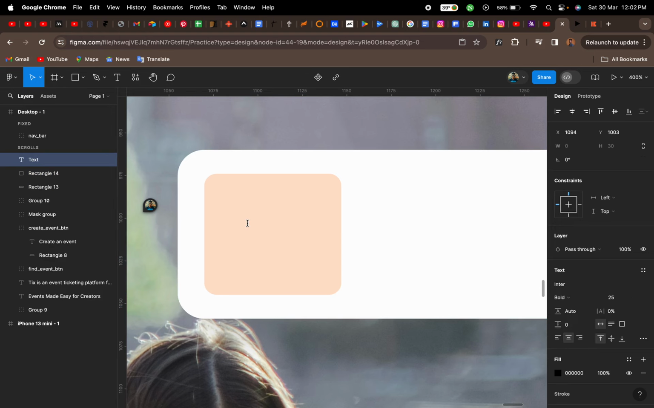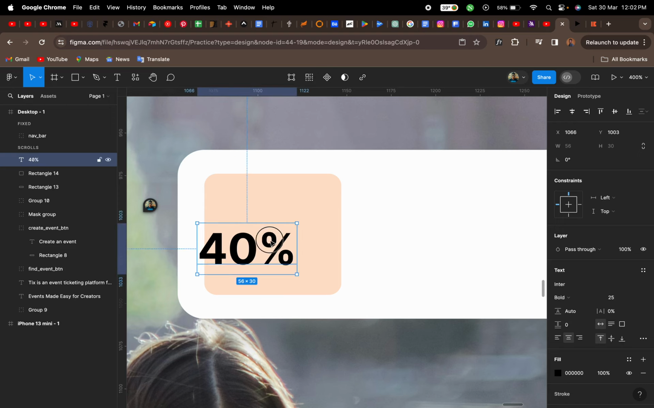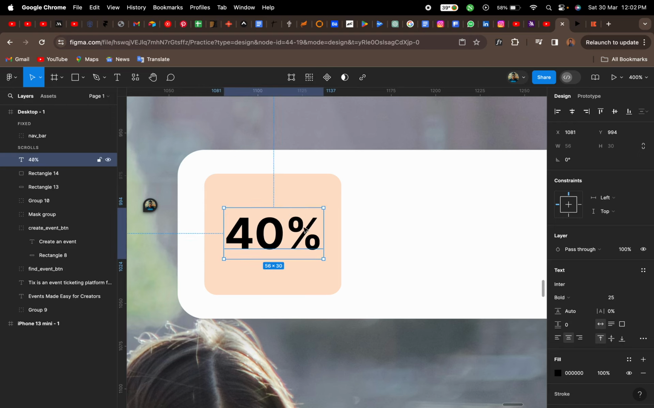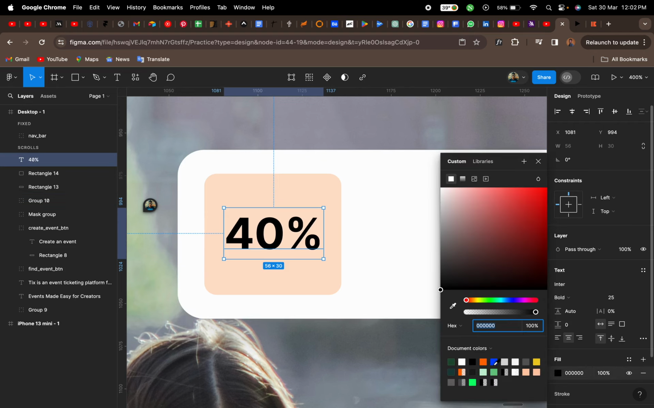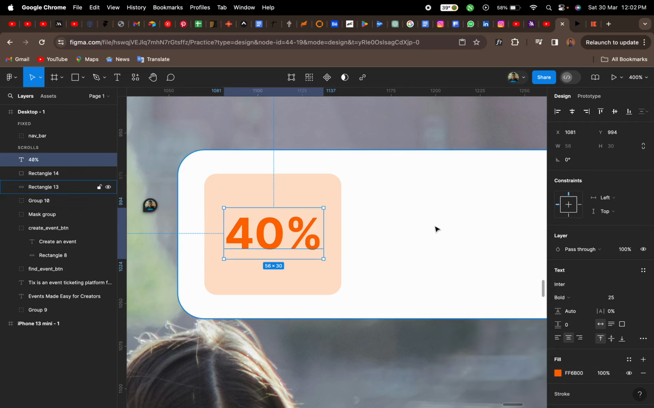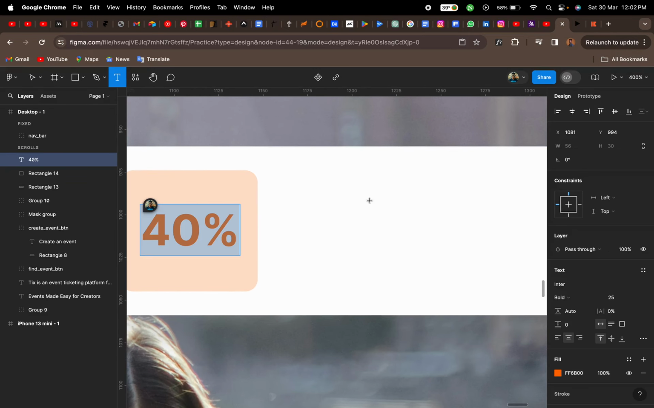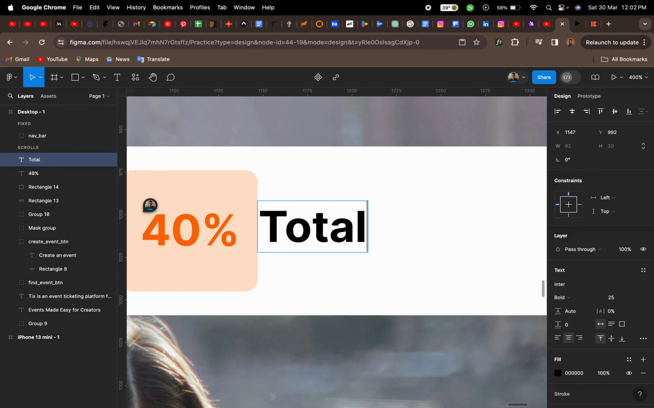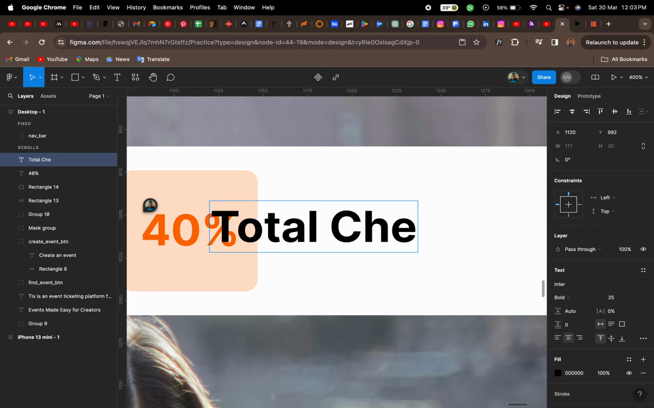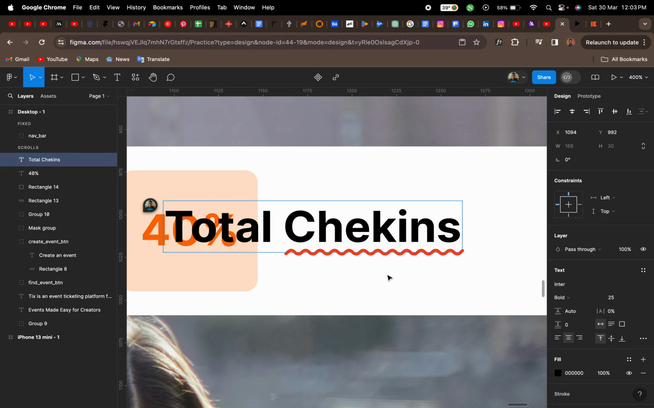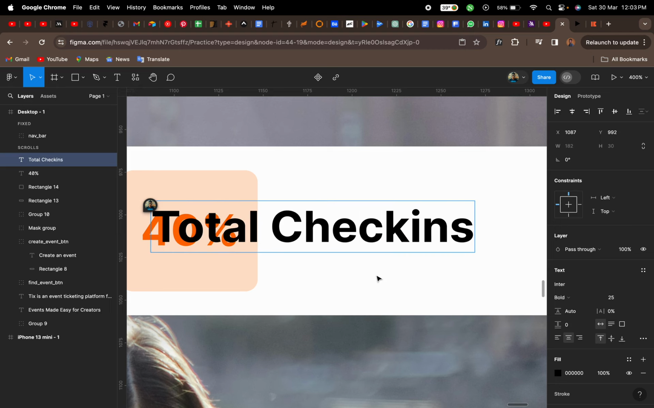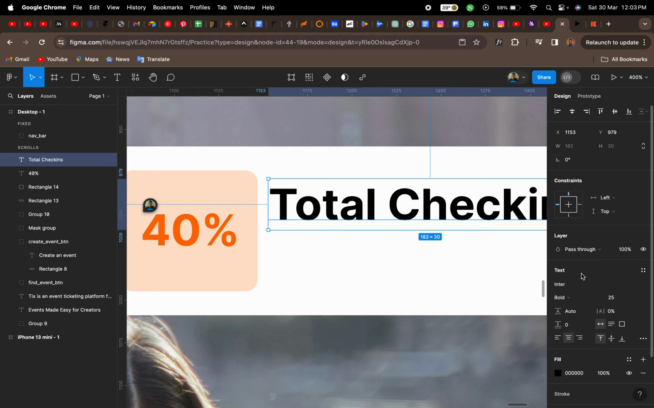So now we click on this, make it 40, right? Just type 40%, and we have this. So then we change the color to orange. Perfect. All right, so we have this. Then we type total check-ins here. Right? So then we reduce the size of this total check-ins to 17,